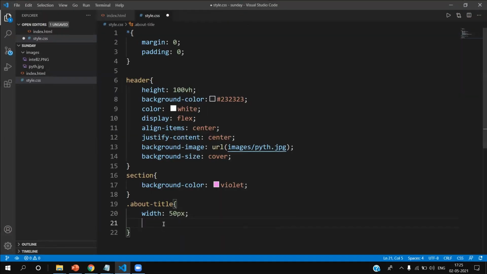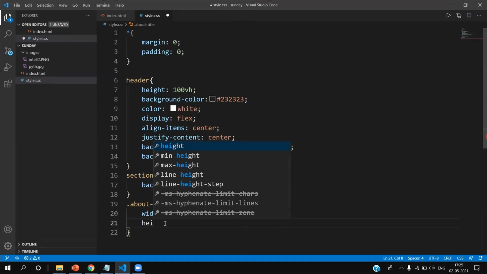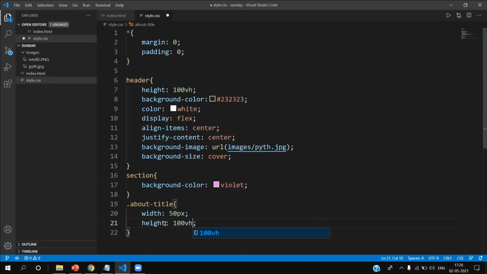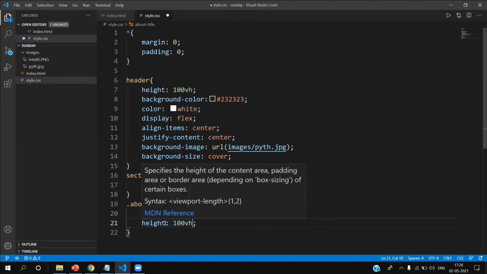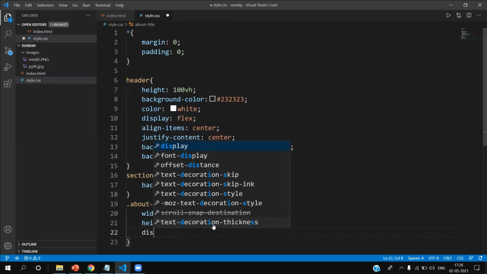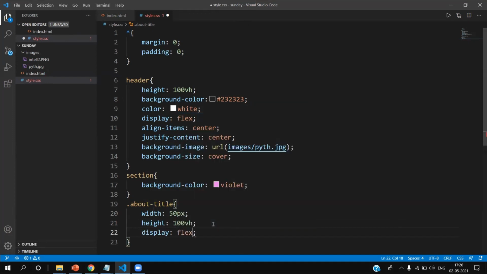now I want a height of 100 VH, which will take the same size of your viewport, meaning your display. And then after that, we will use display flex. I'll tell you about display now. I'll use display flex.